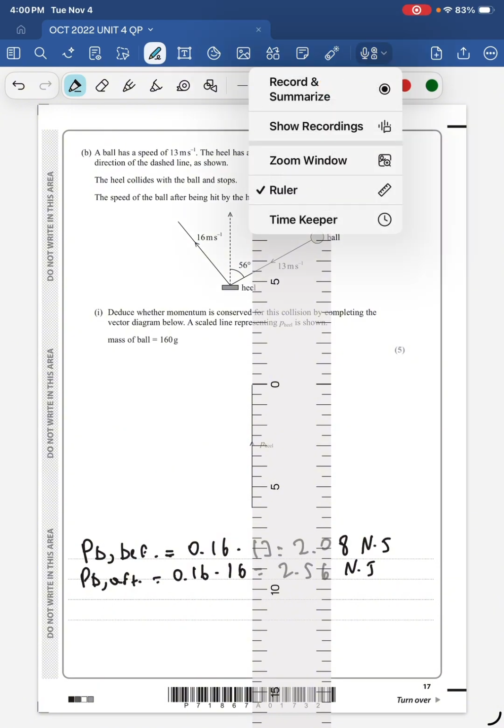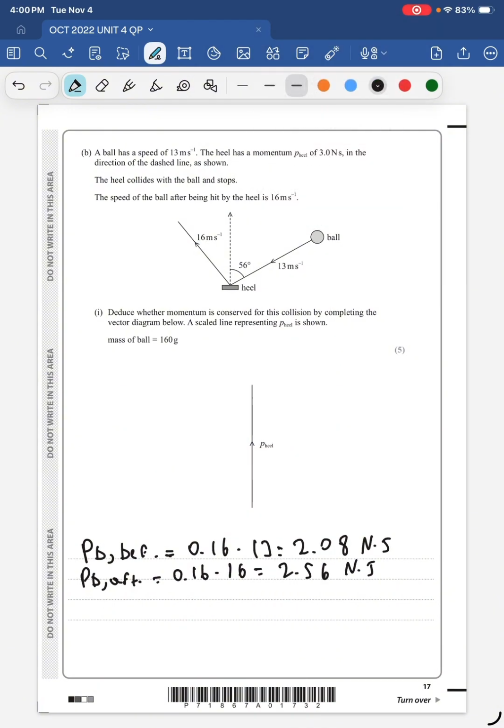So p heel is 3 newton seconds, and it's proportional to 6 centimeters. Actually, let me use the proportionality symbol. Therefore, we have to multiply by 2 to find the proportionality for the momentum before and after. So if we multiply by 2, we find 4.16 centimeters should be the length of the momentum vector